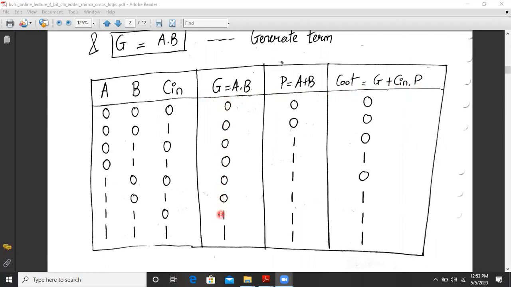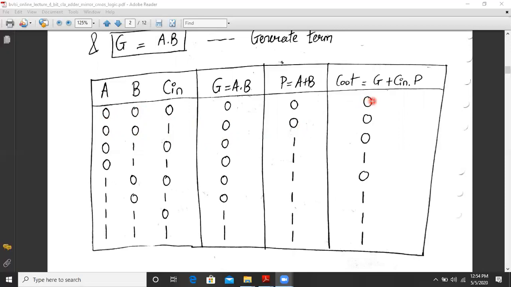The generate term will be 1 only when both A and B are 1. Now the propagate term, whose expression is A plus B. Only when A and B are both 0, which are the first two conditions, the propagate term is logic 0. Else the propagate term is logic 1.